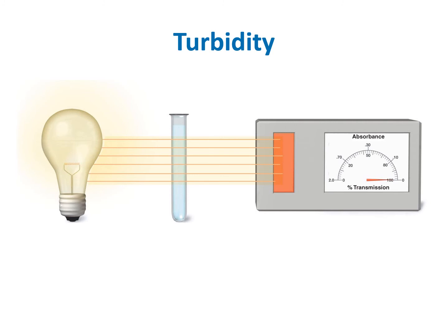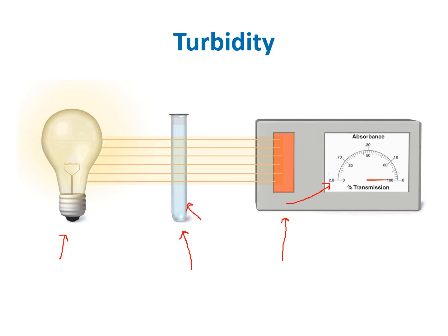On one side, you're going to have a lamp, and this lamp may give off light that's in the regular visible light spectrum, or it may give off light that's in the UV spectrum. In any case, we're going to have light that's going to shine on one side of our specimen. So our specimen is going to go in the middle here. On the opposite side, we're going to have a meter that's going to absorb any light that passes through our specimen here, and then it's going to register how much light must have been absorbed by our specimen on this